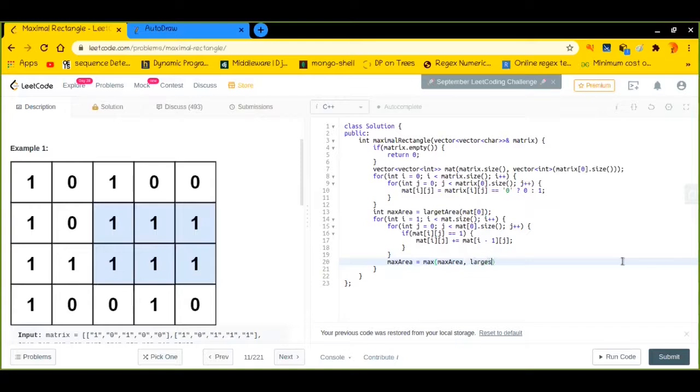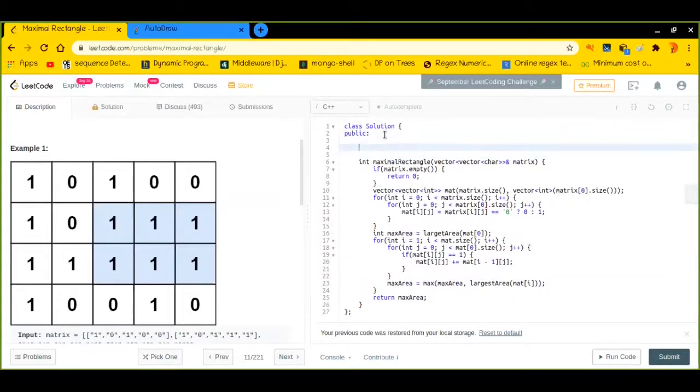The largest area is found when I pass mat of i into it, because mat of i will have the heights of the histogram. After finding out all these things, I can simply go ahead and return max area, and that will be my answer. Okay, so now let's find out the largest area.